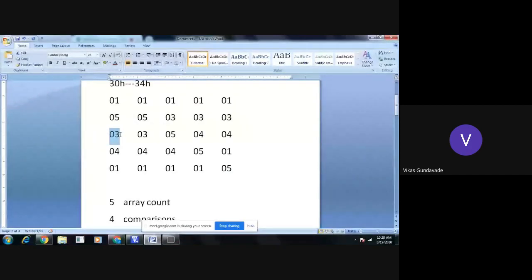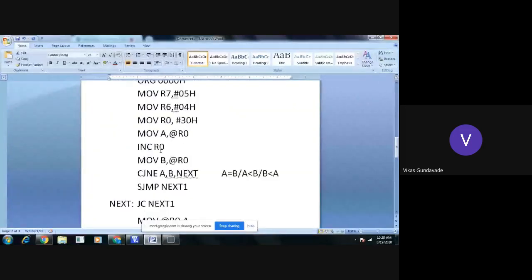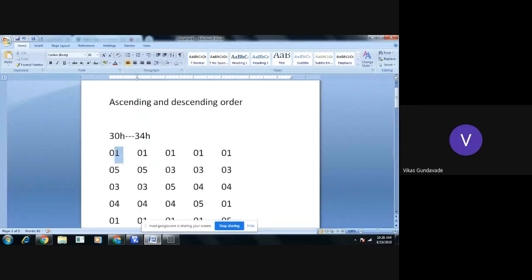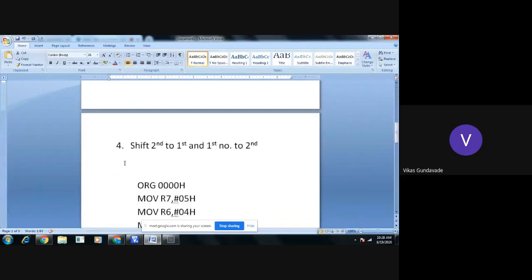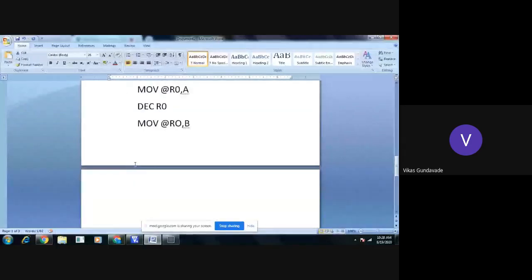Now here we have decremented R0, so R0 is pointing again the first location. Okay, so this 30th location will be again pointed by R0, and if you are not incrementing R0 again, then again the comparison will take place in between the 30 and 31 location. So again we need to increment R0 here. So we will increment R0.